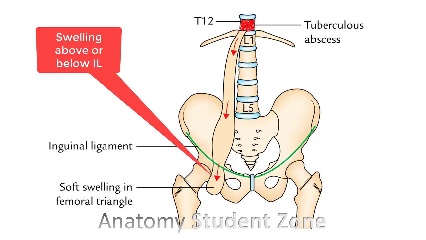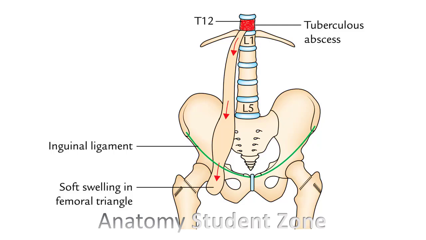So dear friend, that was all about the femoral sheath, its clinical importance, all exam questions and the concepts related to that. In the next part of this video, I will cover the thigh compartment. I will cover first its muscles and later on the femoral triangle, because we can't understand the femoral triangle without covering the muscles of the anterior compartment of the thigh. So first I will go for muscles and later on I will cover the femoral triangle.